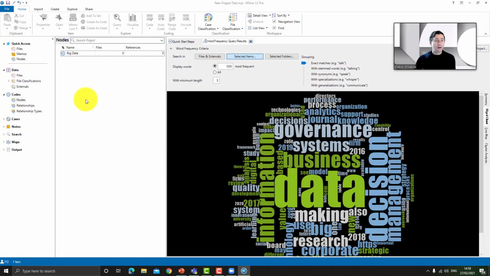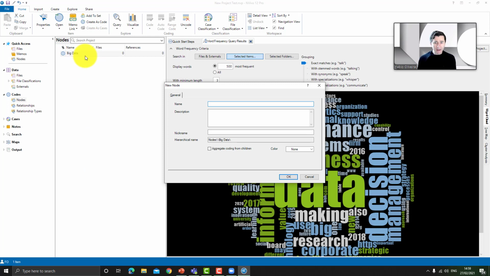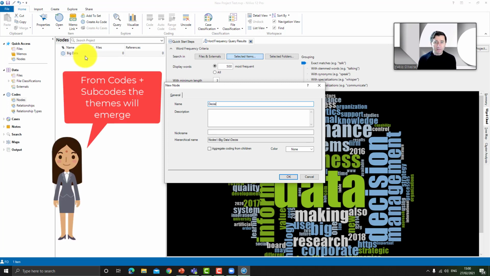Then I have the first node created. Inside Big Data, I can now create subcodes related to big data. So I select the node, right click with the mouse, and New Node. Inside Big Data, I can include Decision Making.